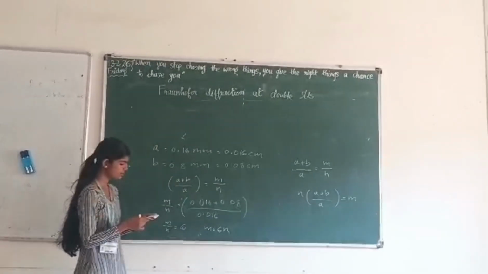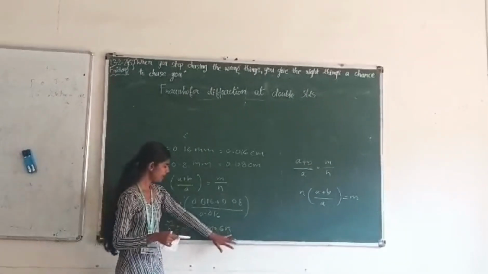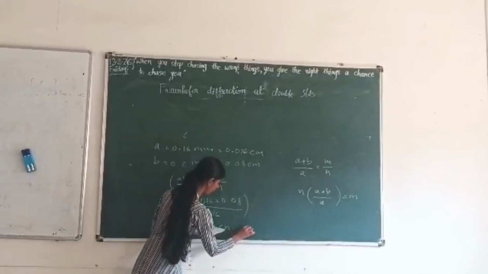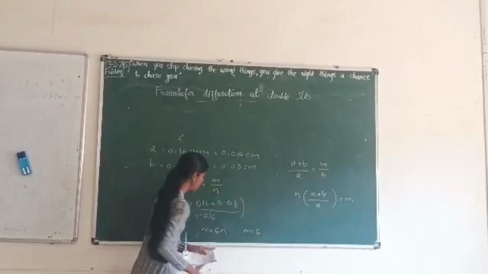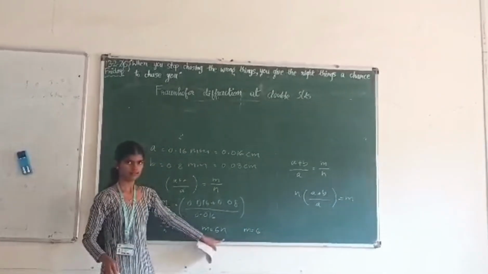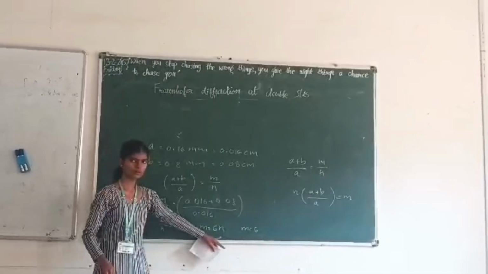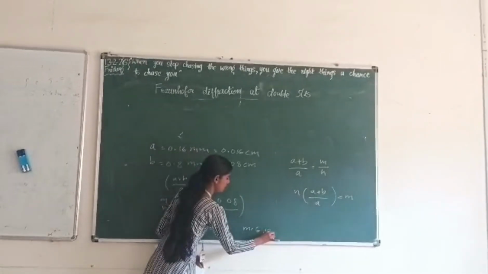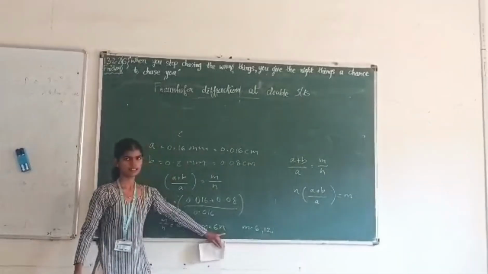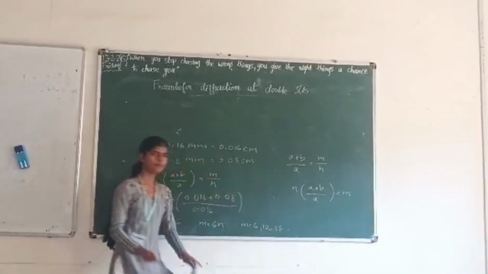Put values 1, 2, 3 and so on for m. If we put 1 for m, n becomes 6. If we put 2, n becomes 12. If we put 3, it will become 18. So the missing orders will be